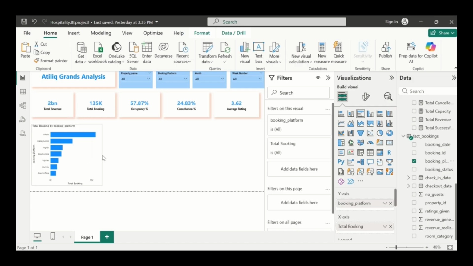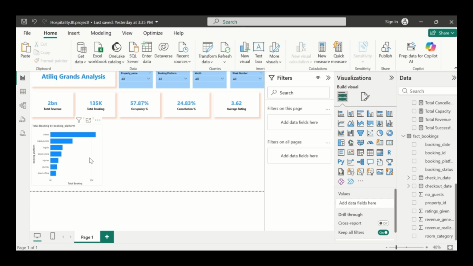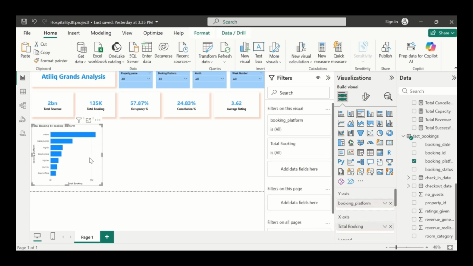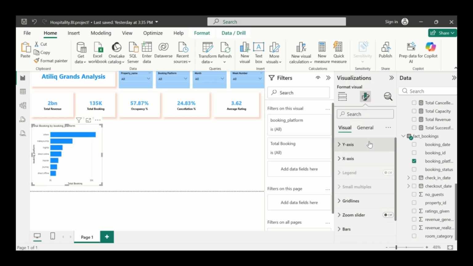So for that, we can also, let's start with, we can also activate labels,